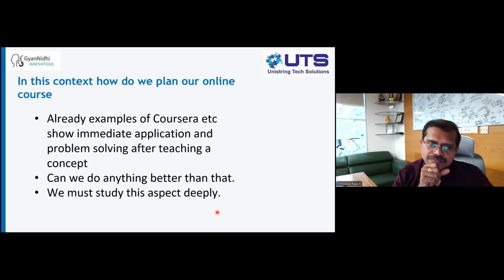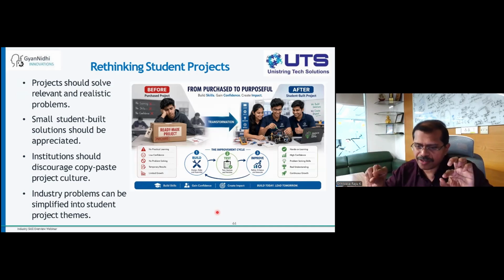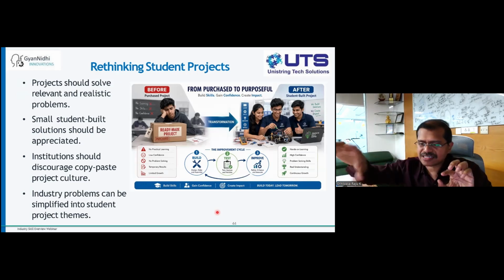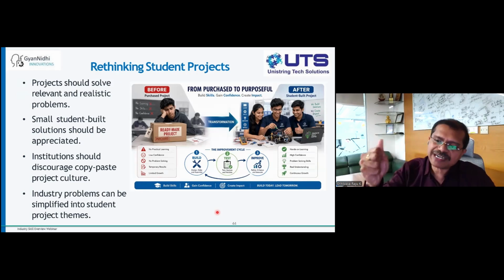Okay, so immediate application, and to do better than that, we must apply the aspects deeply. Yeah, that is the same continuation of the previous slide. Go next please. Now this is what I mentioned, think about the student projects. Even though it is complicated, buying is not the point, what is the value addition he is getting? Even though it is simple, doing with the hands is the most important. If college management or the college chairman or some external person comes, you can always ask ChatGPT for some extra stuff. Let them do the heart of the project, whatever they want to implement. For some fancy step to convince others, ChatGPT or some simulation can help give a polished outlook. But involvement in the project work is the only skill that can give them lifelong benefit.